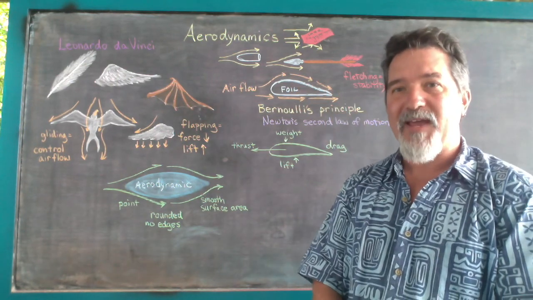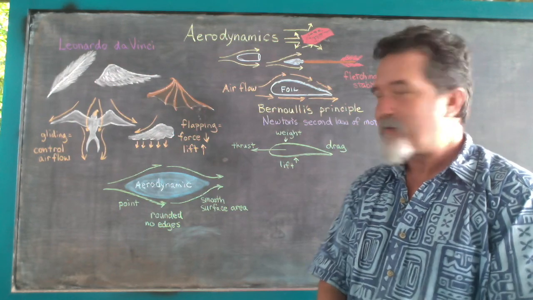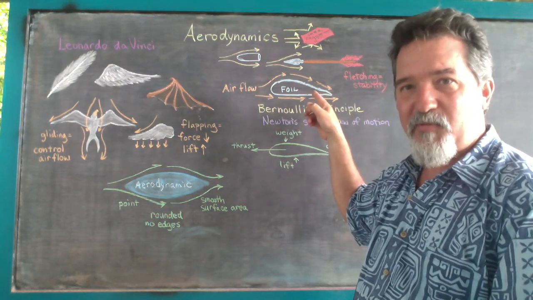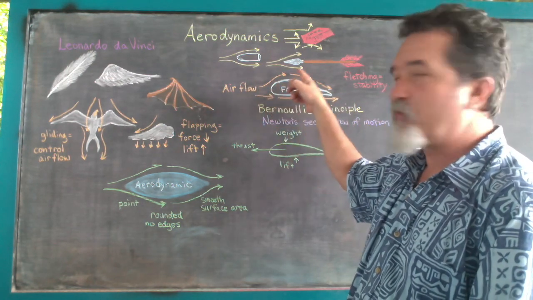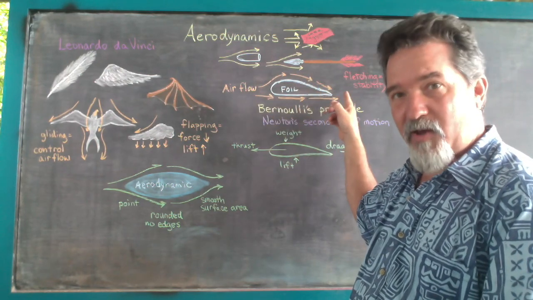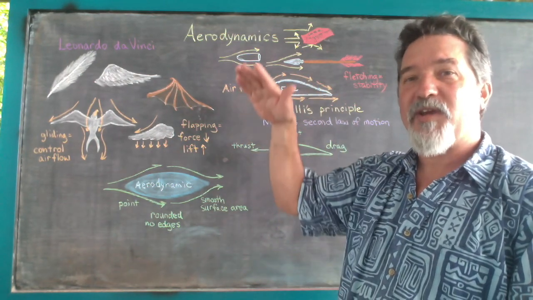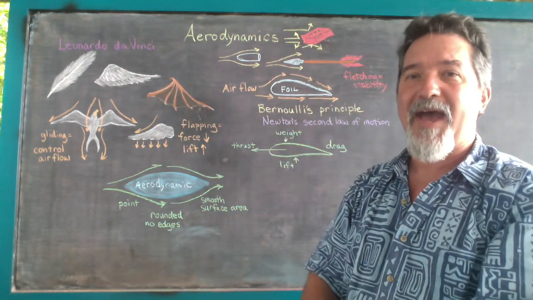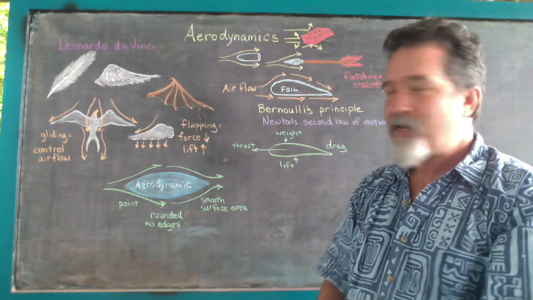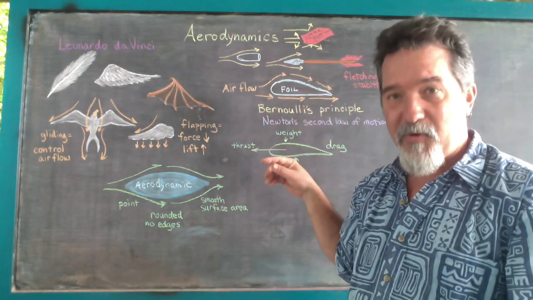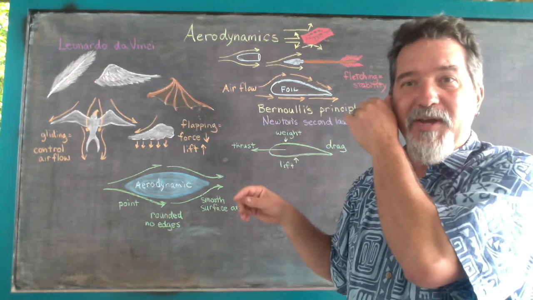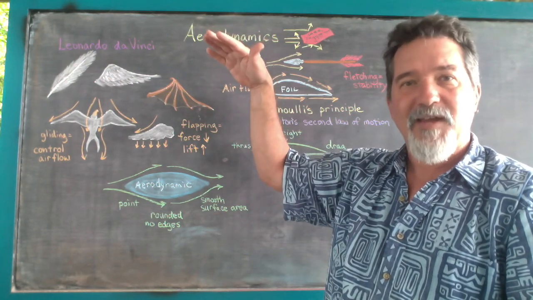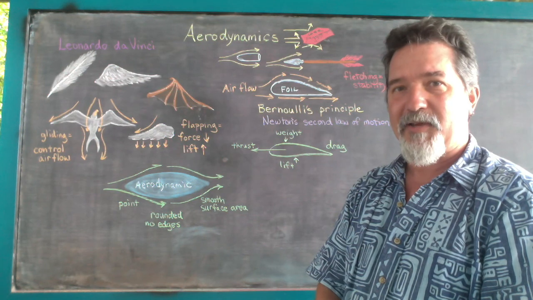The very simple way that a foil or an airplane wing works is that the air moving below the airplane wing is going to be moving faster than the air that moves over it. And because the air below is moving faster, it is going to create lift. The top part of the wing, the air is moving differently, and it's going to create a pattern of turbulence in the air behind it. But that lower part of the wing, the air is going to be moving quicker below it, and therefore that increase in airspeed is going to be the factor that allows a wing to help an airplane lift off.